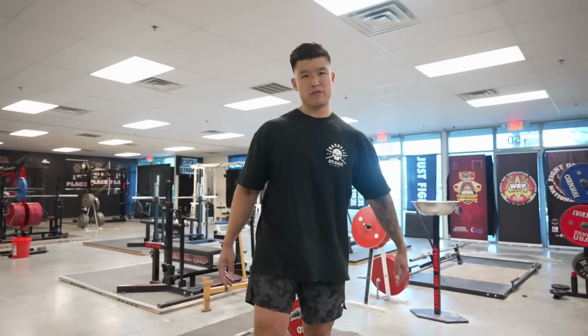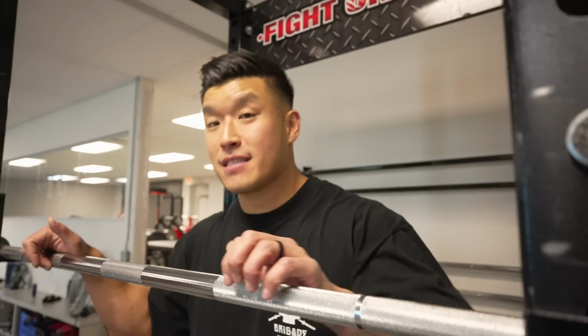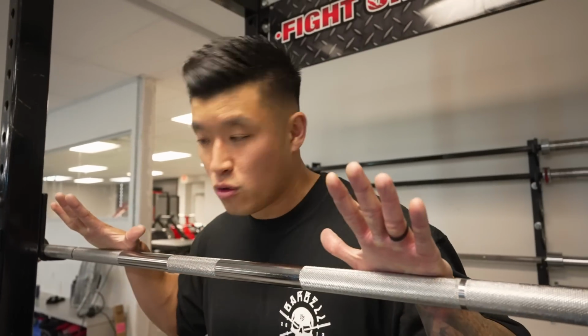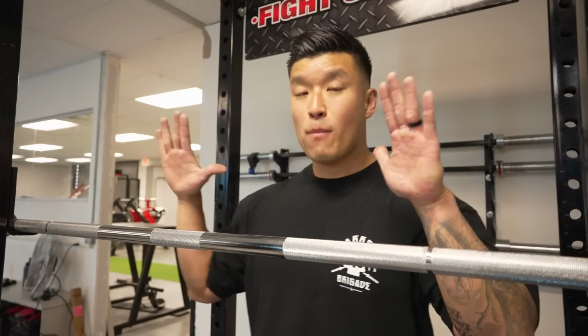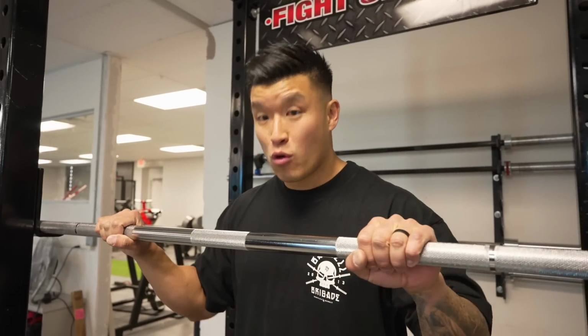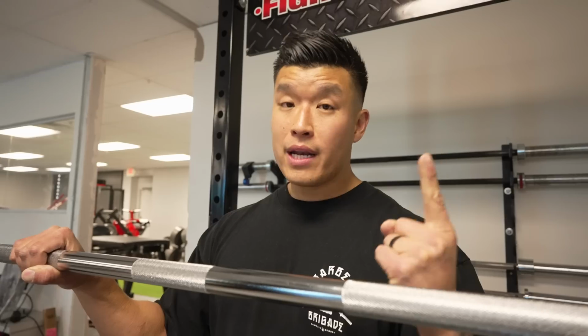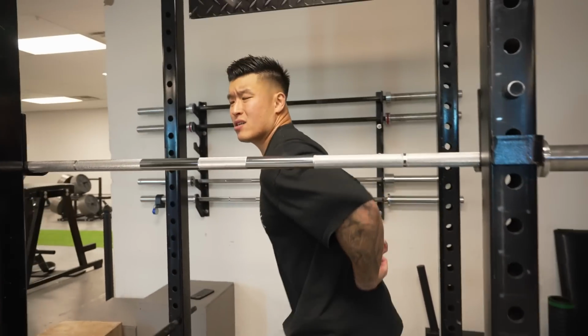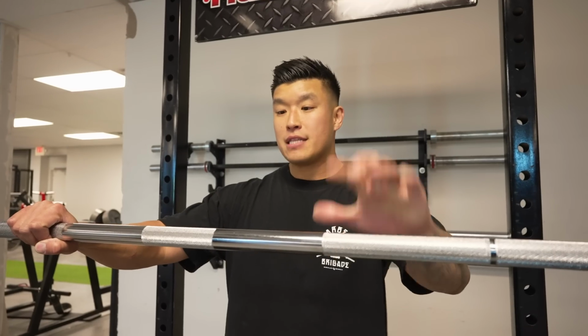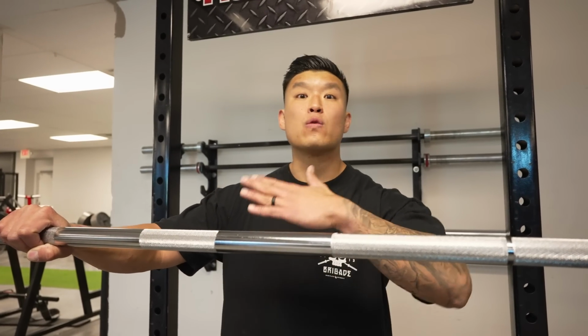Moving on to the next accessory. My next favorite deadlift accessory is super old school. Not that many people do it anymore, which makes me sad, but it is the classic good morning. Why do I like the good morning? Well, number one, it's a great posterior chain builder, which is your hammies, your glutes, your erectors, builds your whole backside, and it trains you to be strong in your weakest